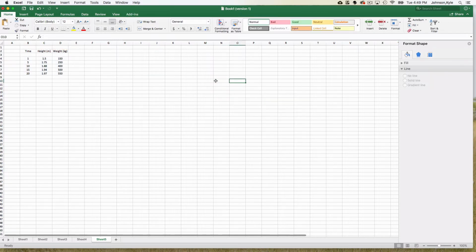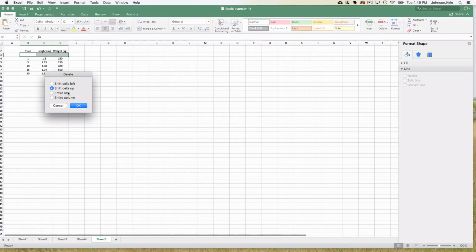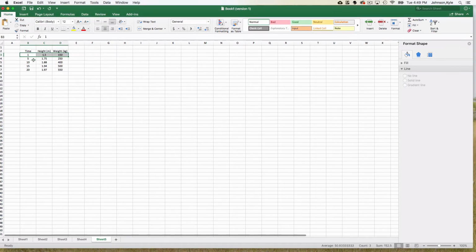So delete that so that we have just our data that we're looking at. Getting it situated accordingly. So time, height, and weight, and we want to plot all of this on the same graph, but the height and the weight have different units, so we're going to want to put them on different